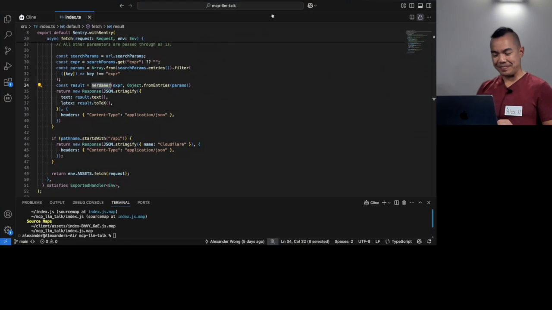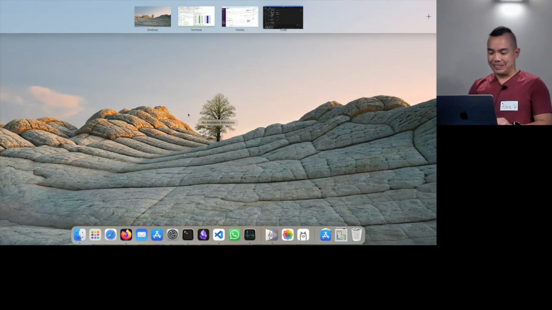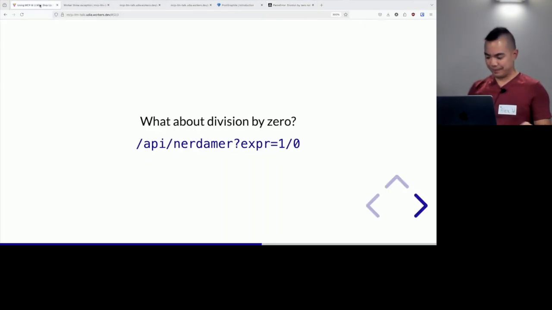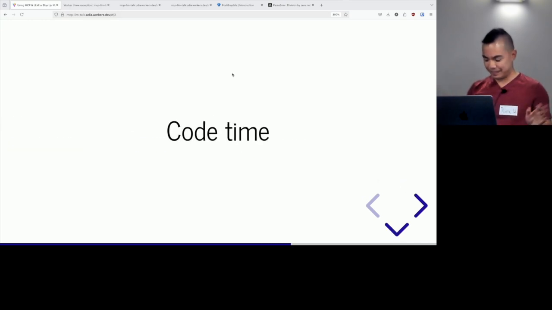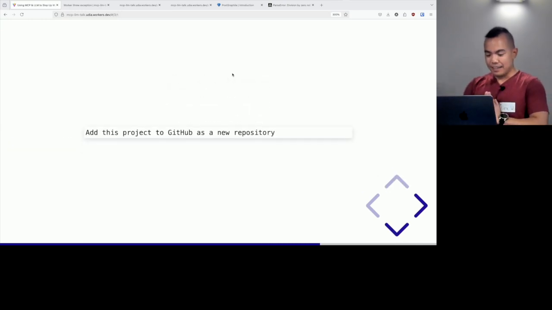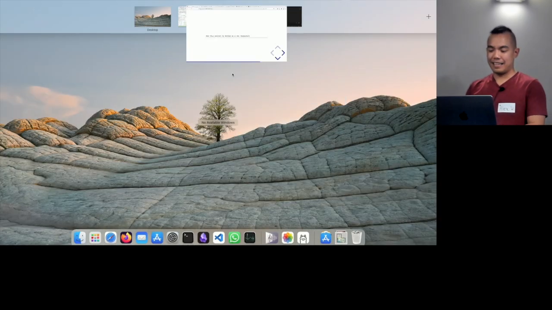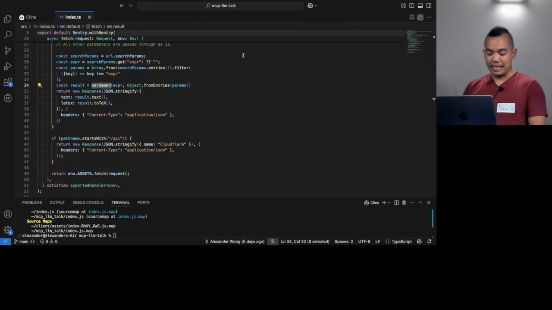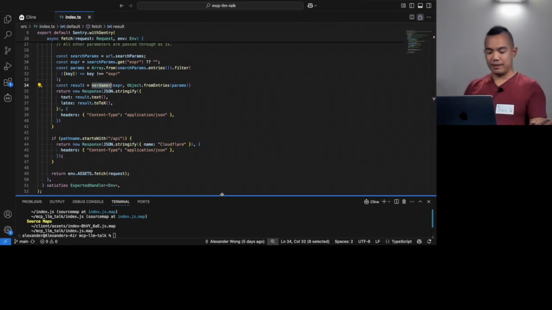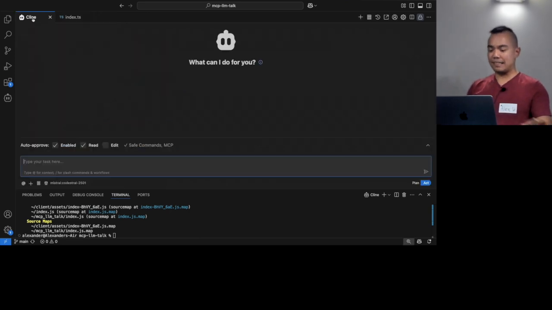Fingers crossed. Okay, so going back to my slides, what's the first thing I wanted to do? Code time. All right, before we fix this issue, let's just try adding our code to GitHub. Right now, I have a backup repo that this is pushed to, but if I showcase the tooling that